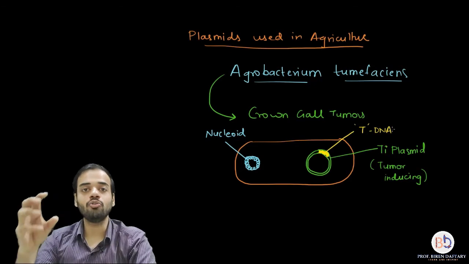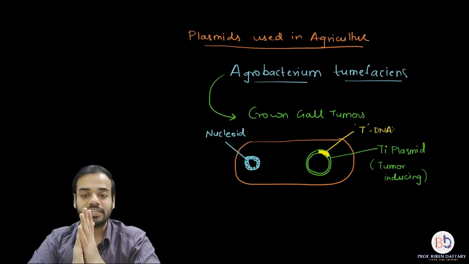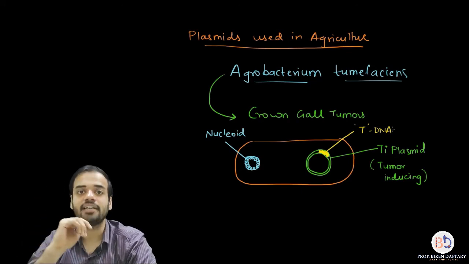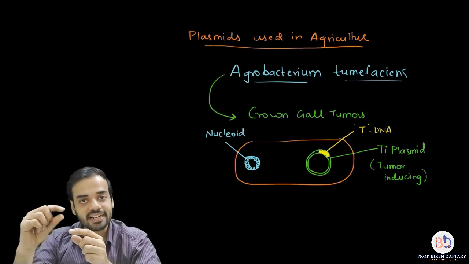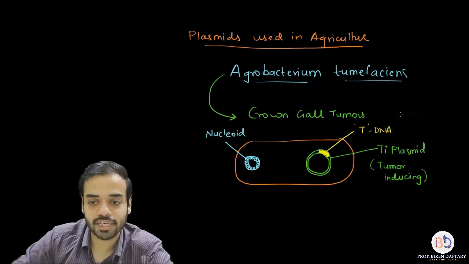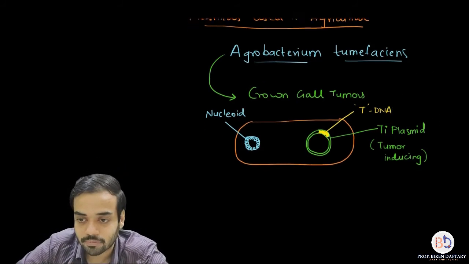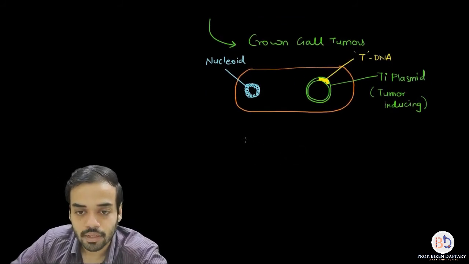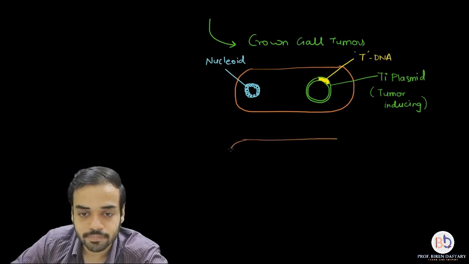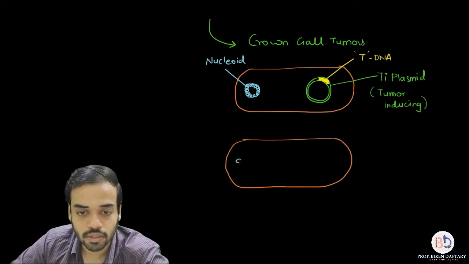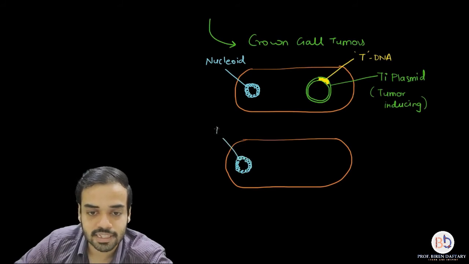Now, how do we use this to our advantage? In recombinant DNA technology, we remove the tDNA from the Ti plasmid, leaving an empty area where it has been removed. I will show it again with the help of a diagram. We will scroll downwards. Again I am going to draw the same diagram. So this is your Agrobacterium, correct? Again, if you want, I will show the nucleoid. The nucleoid is a very underdeveloped nucleus which is present in bacteria.